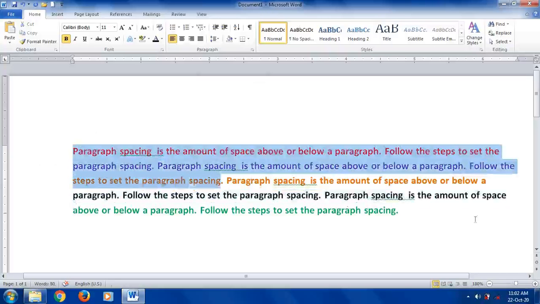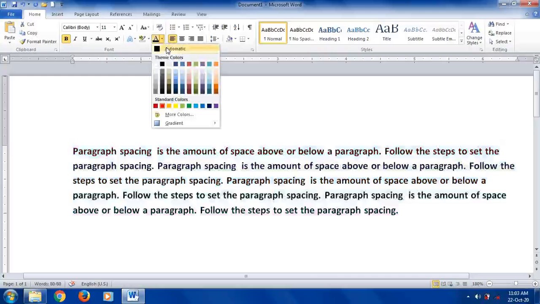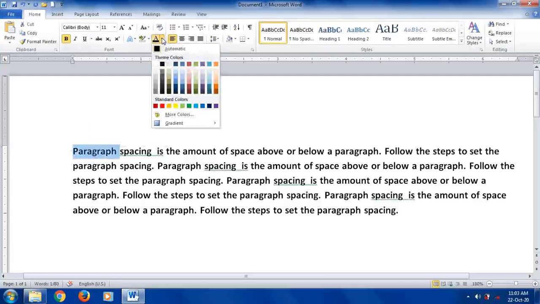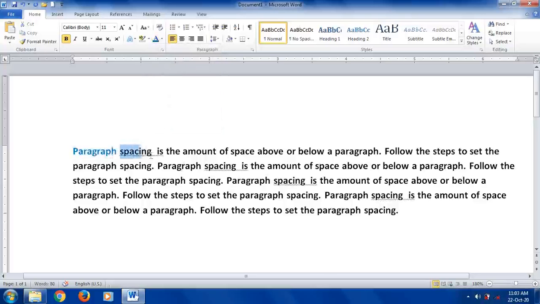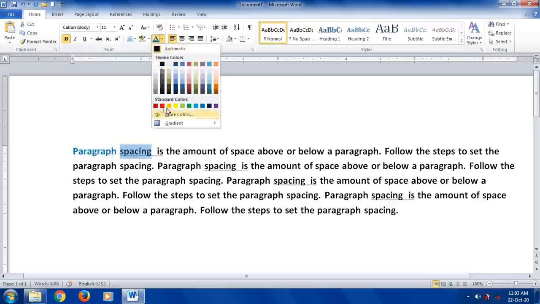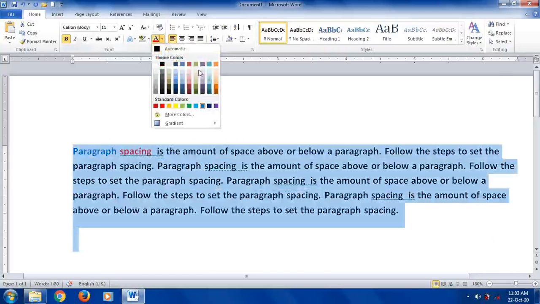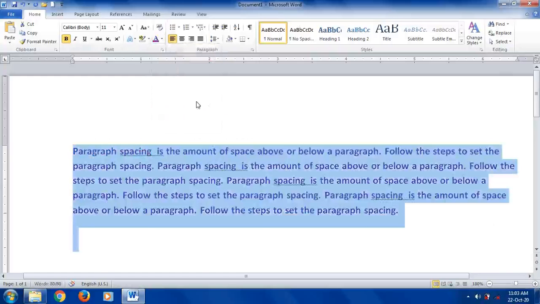Now when we type the text, the text displays in a black color. If you want to color only one word, then select only that word. How to select? Hold the left mouse button and drag it over the text, or double click on that word, it gets selected. Then click on the color option in the font group of the Home tab, then select the color. Okay, so the color of that word will be changed. In this way we can give different color effects to your text. Okay, I hope you have got this point, how to change the color of the text. Select it, and the color I am setting now is a solid color.